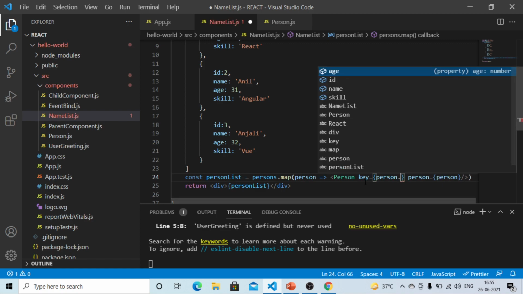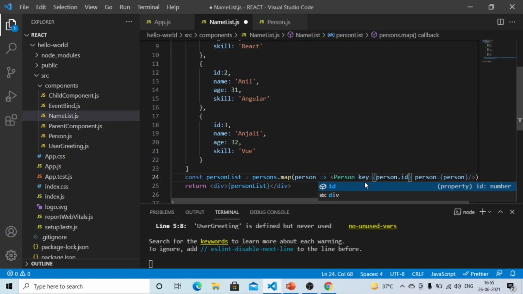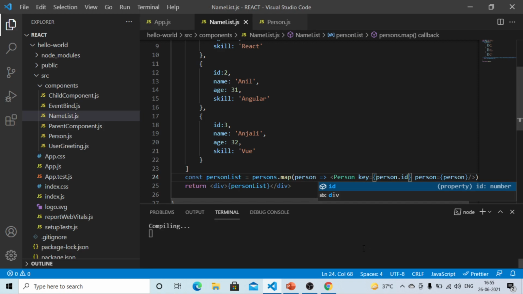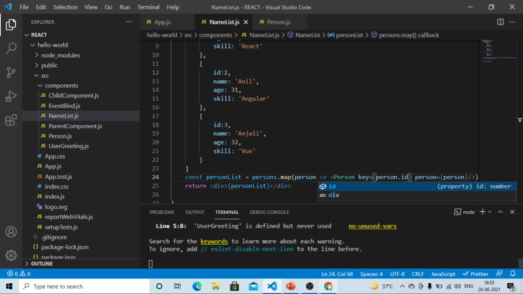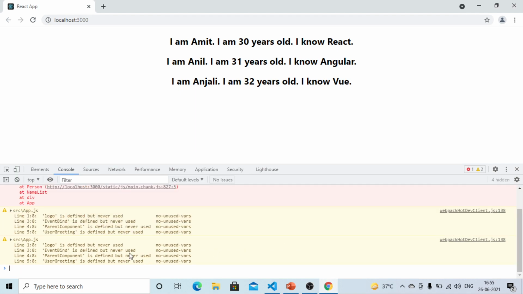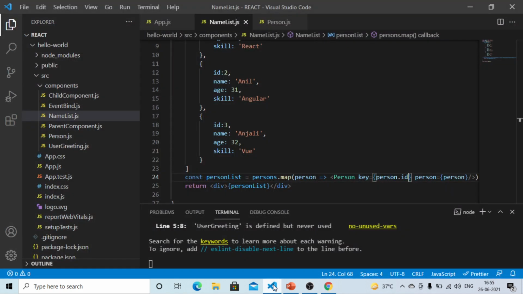We save this file and take a look at the browser. We can see the warning has been removed. This is how we can remove that warning from the console. It is not necessary that every time you assign the ID value to the key prop.